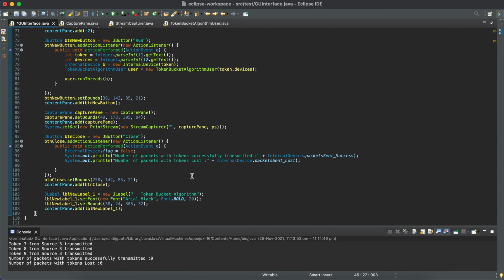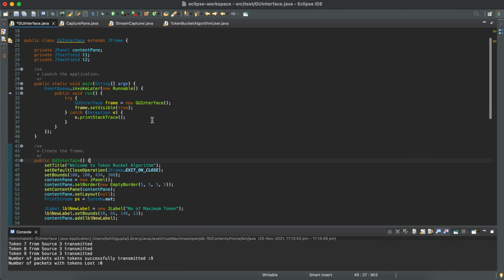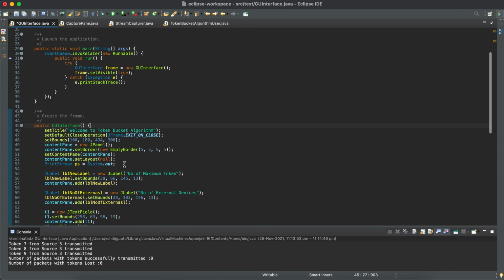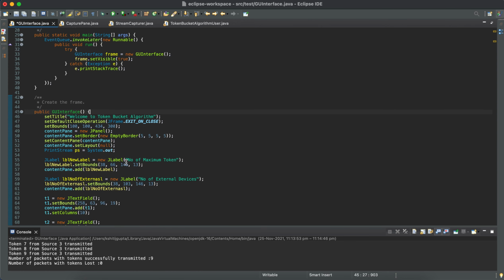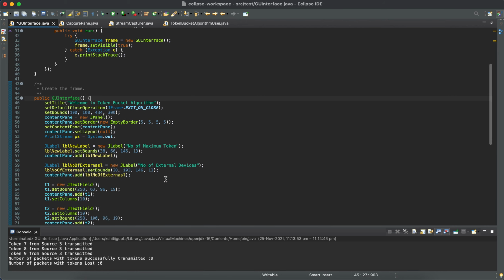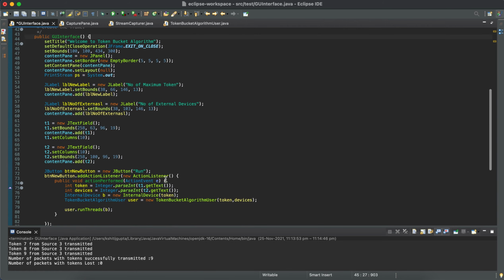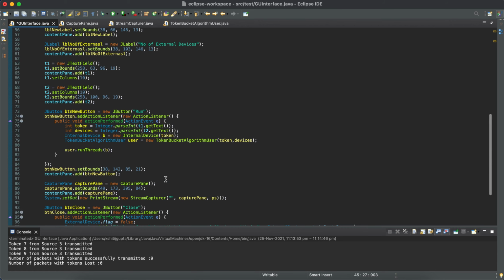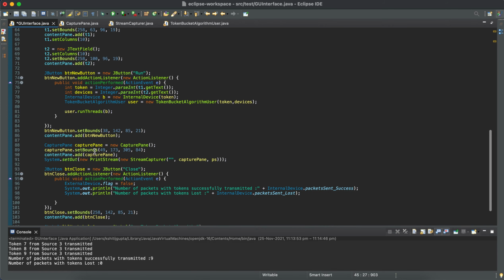So now in this GUI interface class, we firstly have the two labels: the number of maximum tokens and the number of external devices. And for showing the output, we have used the capture pane function.